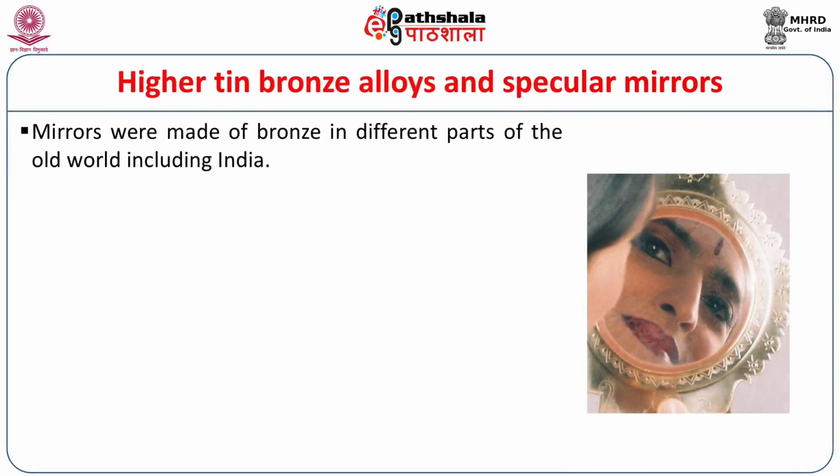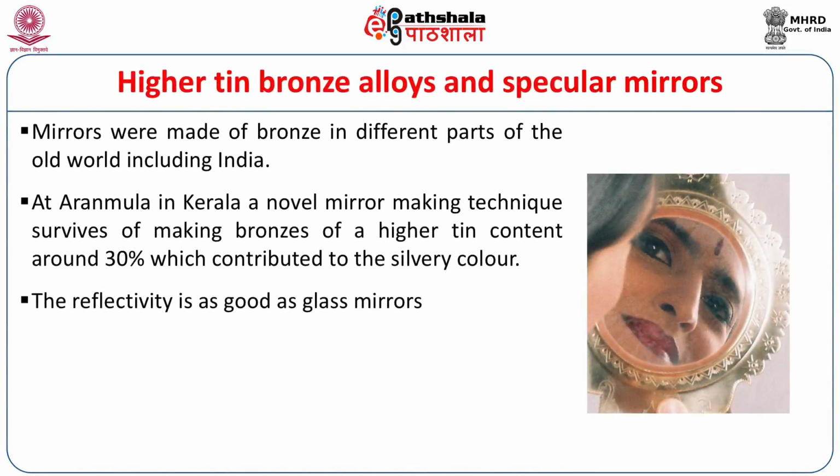However, it is quite interesting that particularly in the Indian subcontinent, the ancient artisans had discovered ways to use bronzes of a higher amount of tin to specifically identify and isolate certain properties which were useful to them for making specific objects. A very brilliant example of this is the metal mirrors which are made even today in the village of Aranmula in Kerala. Here, a novel method of making mirrors survives, whereby a specular bronze alloy is used with